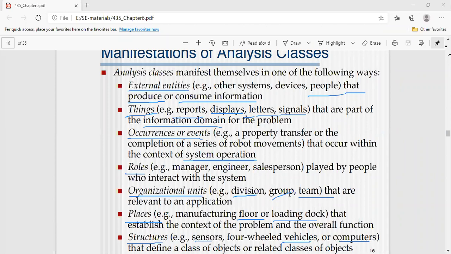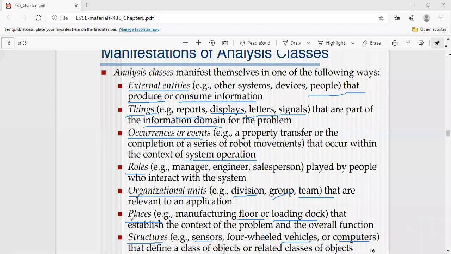Or computers here, or not only computers, by using some sensor devices also. In shopping malls, we should use some sensors to read the product items. Those all come under the structure classes. Clear?